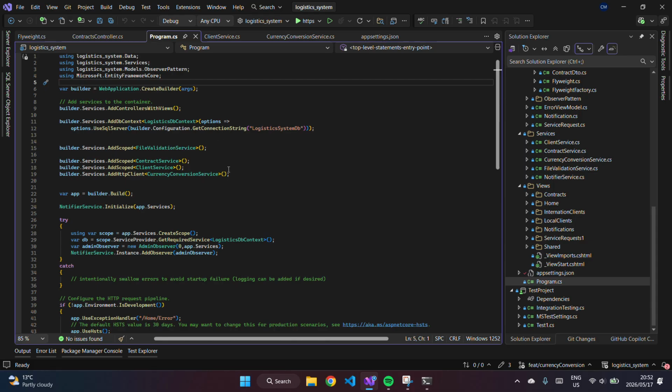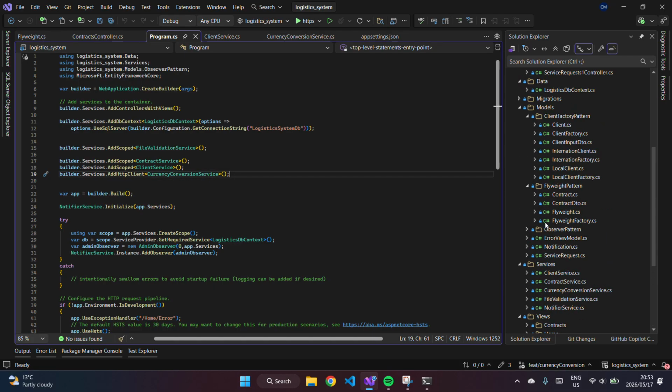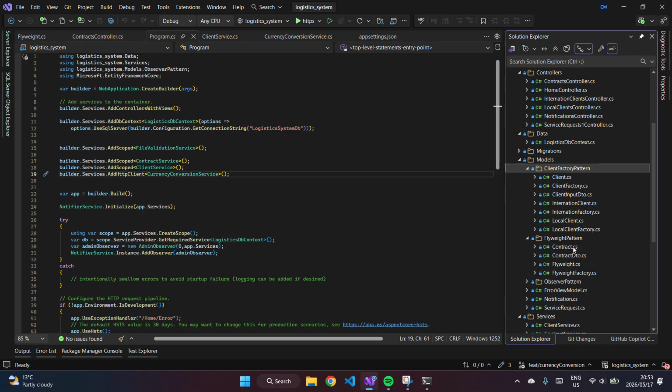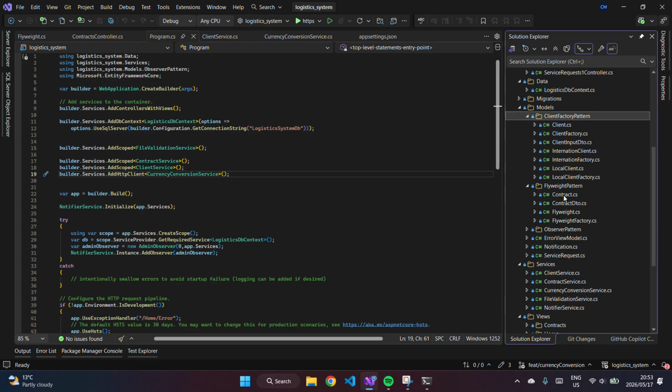So we have our Program.cs where we've registered our services: our file validation service, contract service, client service, and currency conversion service. And we've also implemented our contract factory and our client factory pattern, which enables us to create both international and local clients. We've also implemented our flyweight pattern, which allows us to create contracts by using their intrinsic and extrinsic state, that is using the concrete contract itself and